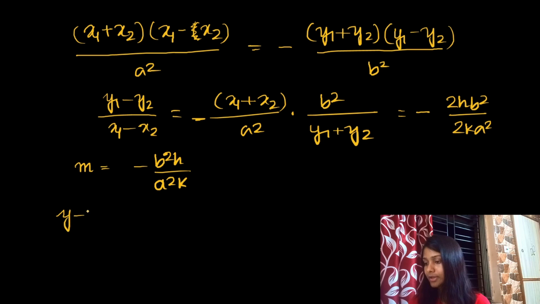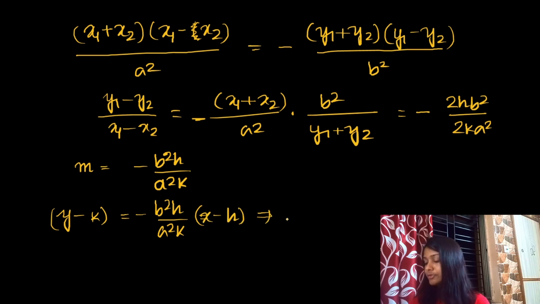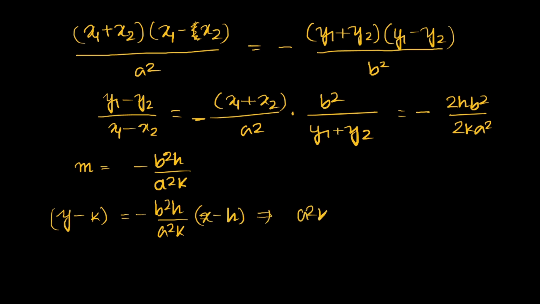So we have the value of m as minus b square h divided by a square k. Therefore the equation will be y minus k equals minus b square h divided by a square k, into x minus h. So it will give a square ky minus k square a square equals minus b square hx plus b square h square. So if we divide both sides by a square b square, it will give